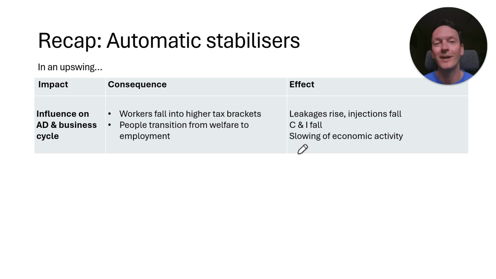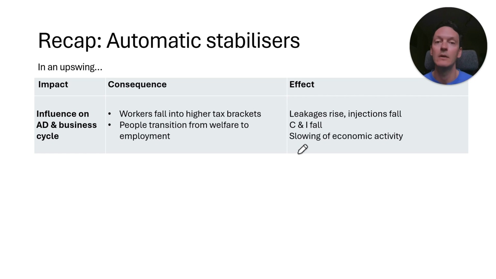What does that mean? Well, in Australia here, we have the progressive tax system, meaning the more that people earn in income, the higher the rate of tax that they're taxed on that additional earnings. And so when there is a higher derived demand for labour due to the upswing, people are just automatically, the government doesn't have to change any policy, automatically falling into higher tax brackets. And as a result, the level of leakages that are leaking out of the economy is increasing.